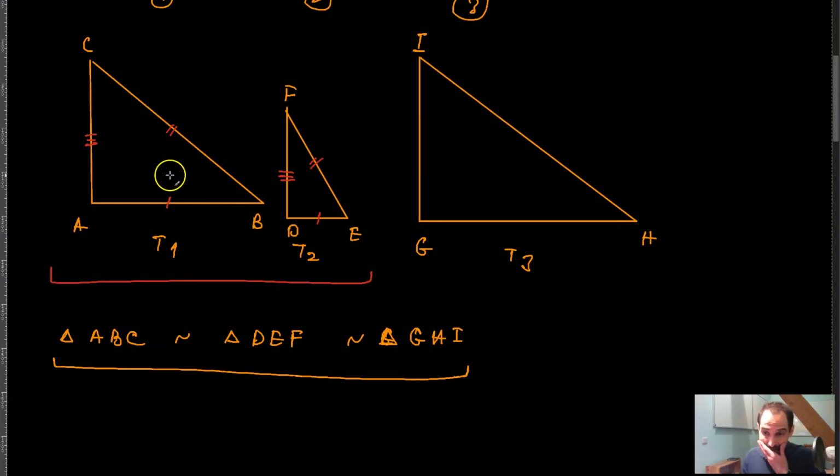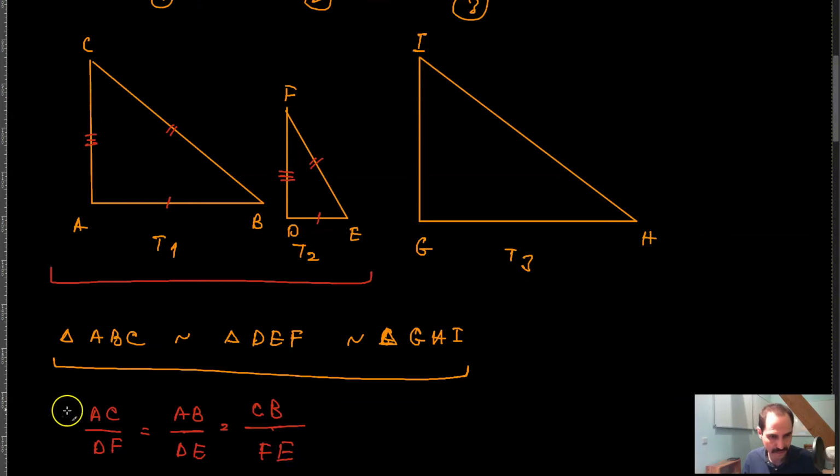And what that means is that I can take, in between these two triangles, I can write AC to DF. Actually, this is supposed to be F. I can write AC to DF is the same ratio as AB to DE. AB to DE is the same ratio as, for example, CB to FE. And of course, if the two triangles are similar, then these three are going to be